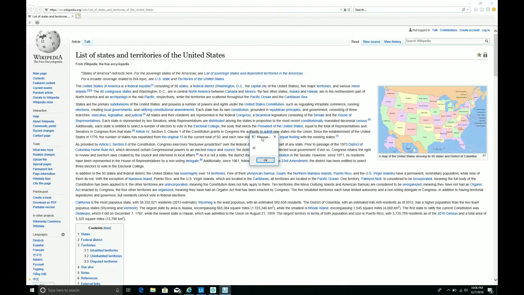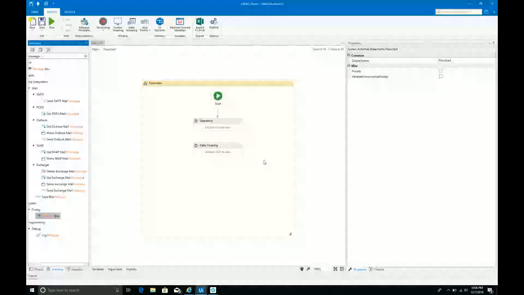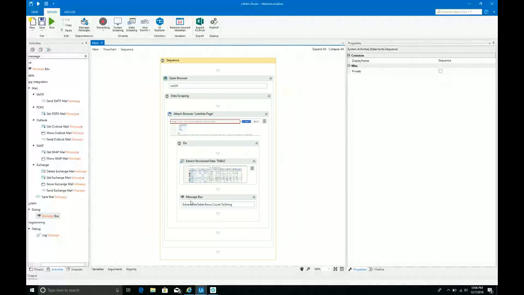Data table dot rows dot count, I have given. So if I want the column count also, do I have to give one more statement separately? Columns you already know, right? How many columns have you extracted? Do you want to know the column count? Yes. So actually here,